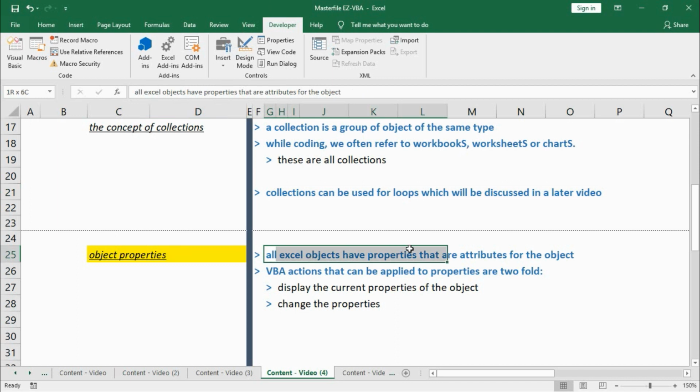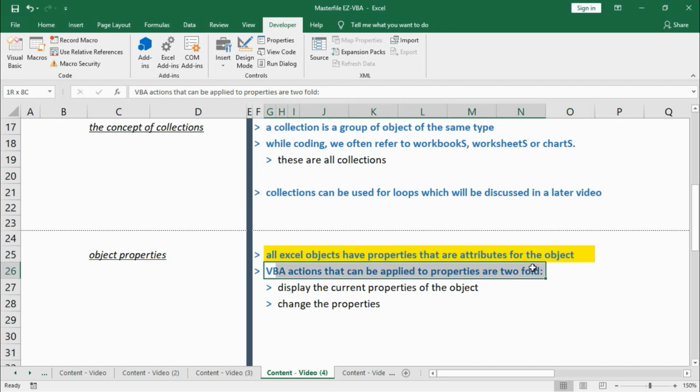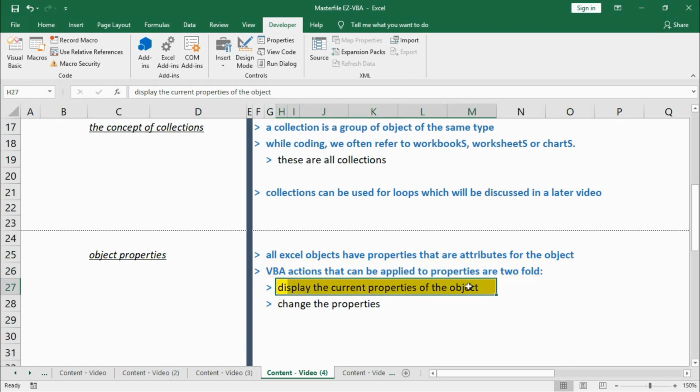All Excel objects have properties that are basically attributes for the object. VBA actions that can be applied to properties are twofold. You can either display the current properties of the object or change these properties. Okay, now let's see what this means in practice. Going back to our Visual Basic editor,